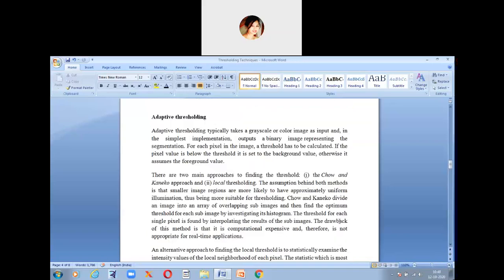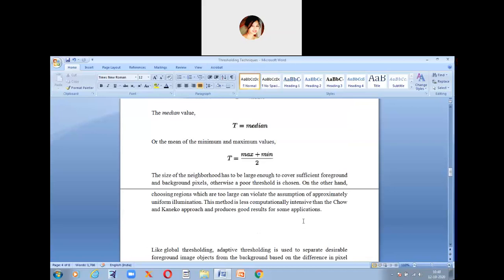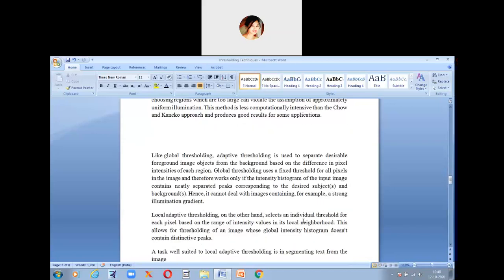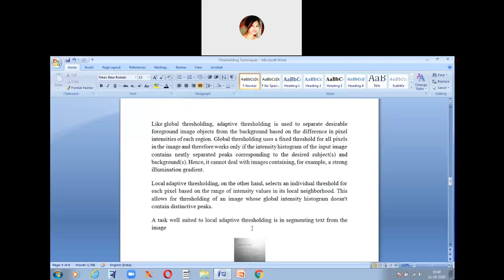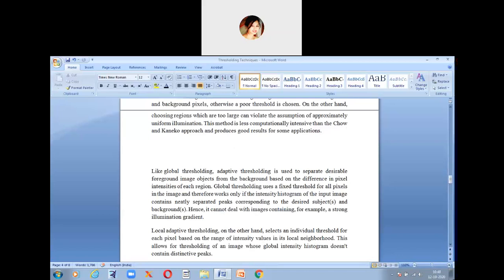On the other hand, choosing regions which are too large can violate the assumption of approximately uniform illumination. So you have to choose in between. You can't choose a very large value, and you can't use a very small value either. You have to choose in between.